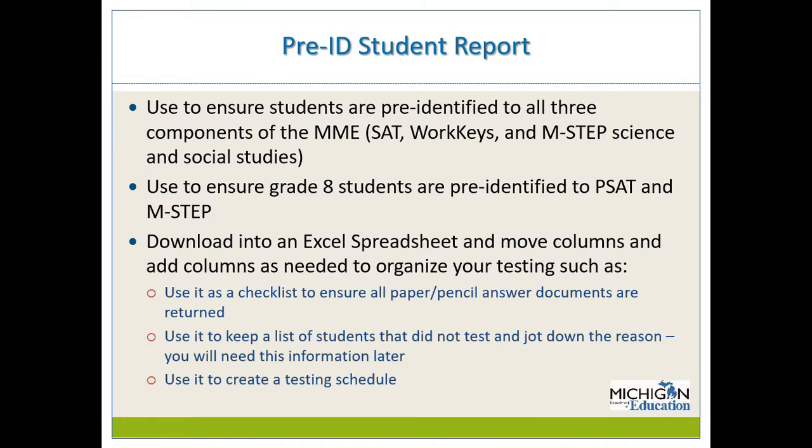Once students are pre-identified either by OEAA or by the school, they will appear on the Pre-ID student report. You will want to use this report to ensure that all students are pre-identified to the appropriate assessments. You can download the Pre-ID student reports into an Excel spreadsheet and delete columns or add columns to help with